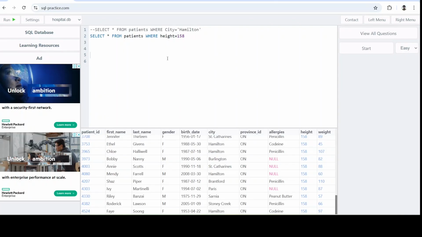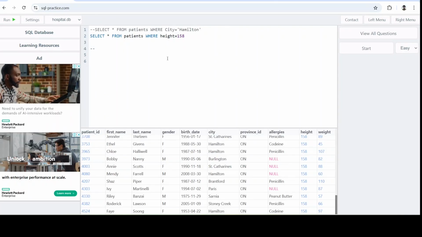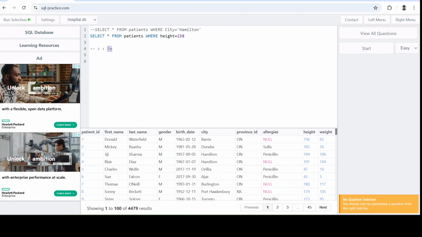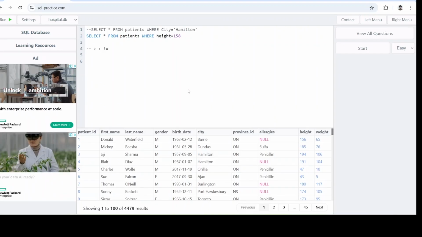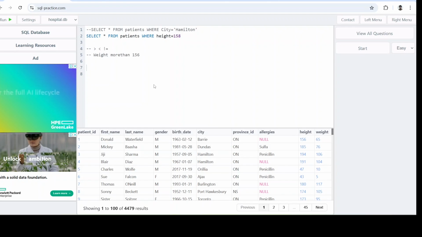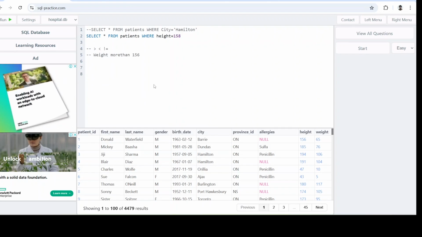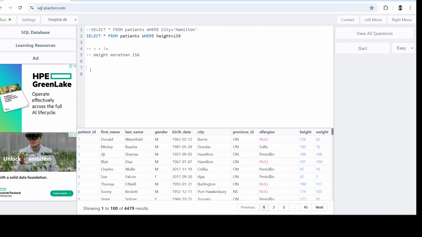If you want to write greater than, it is simply using the greater than symbol, less than is the less than symbol, and an exclamation mark and equal sign for mentioning not equal to, like this. And now do one thing, pause your video and write a SQL query to get all patients whose weight is more than 156. I hope you got that. If you didn't get the correct query, let's check with mine. It will be select star from patients where you have to put this where clause